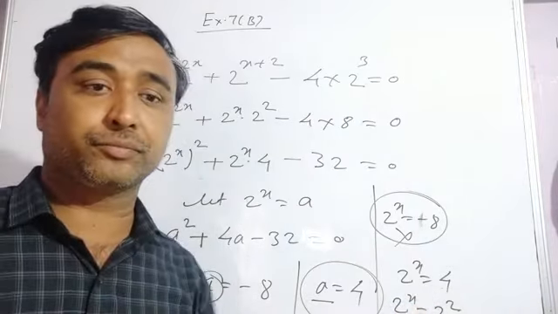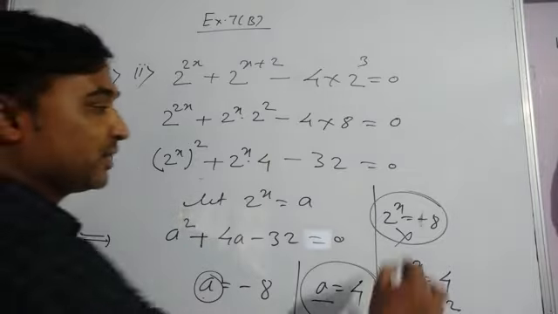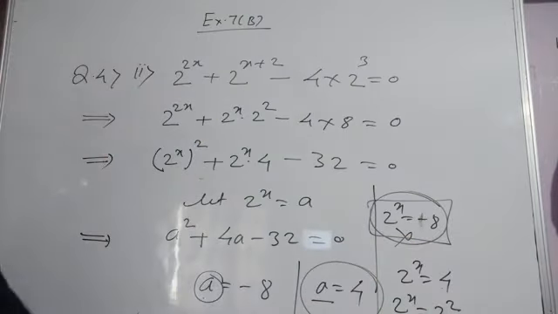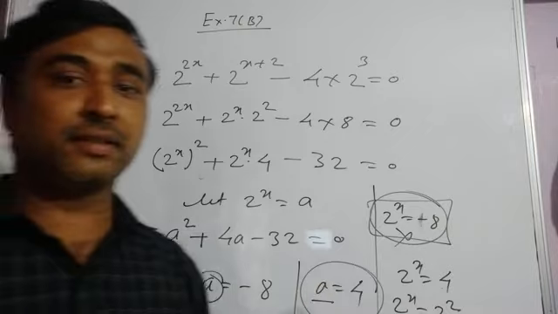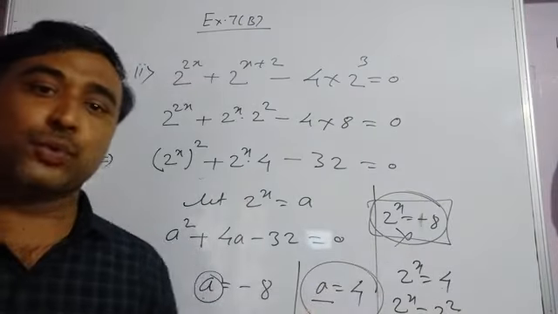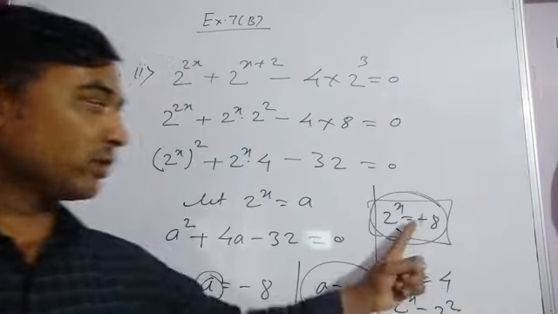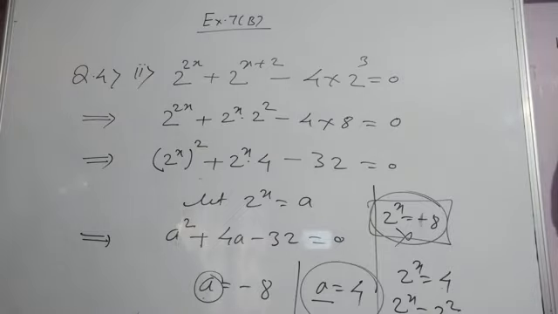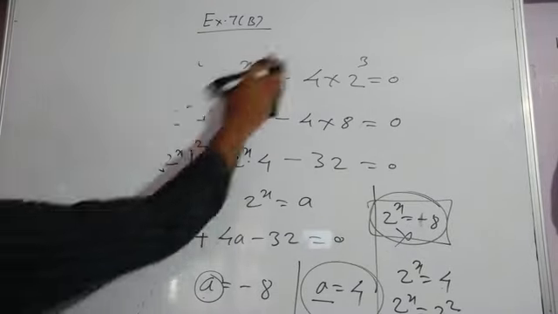We can see the bases are same, but this is not possible. Why not possible? I have told you this. 2 raised to minus 3 is not minus 8. Minus 2 raised to 3 is minus 8. But it's not like that. Okay? So this is what the question number 4, the second part.